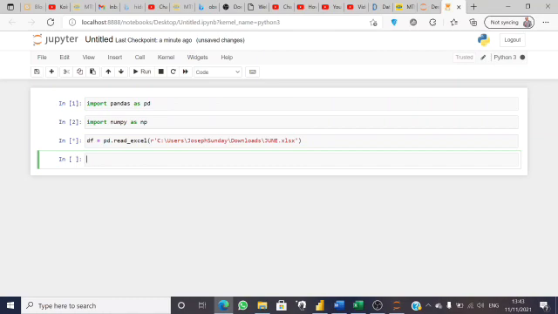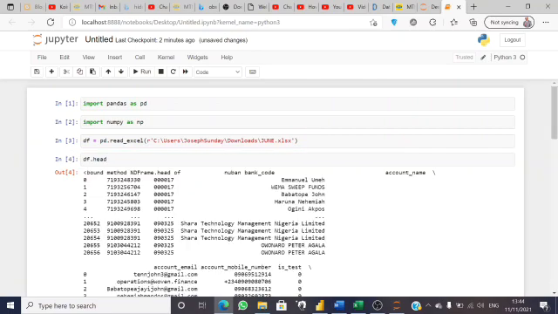So I'm waiting for it to finish running. When it runs, then it will bring out the data that I just imported. It has finished running. So now if I want to check if my data is currently in Python, I'm going to put df.head to show how many. Okay, so it's showing my data now, which is bound, account name, and all that.